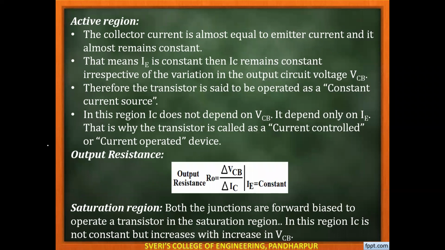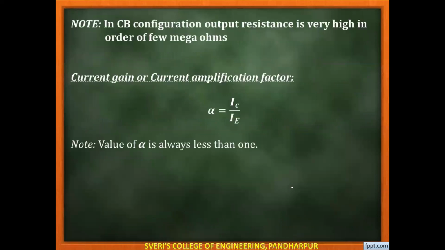and from the graph, one thing is clear, the output resistance for the common base configuration can be calculated dynamically. For that, IE is constant, and it is observed that output resistance has a high value in terms of common base configuration. Okay, so this is about the common base configuration, but one thing remains,